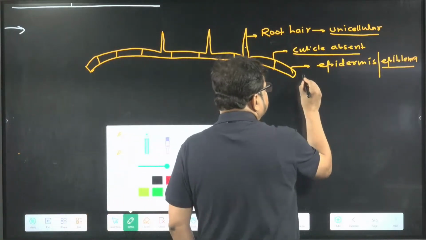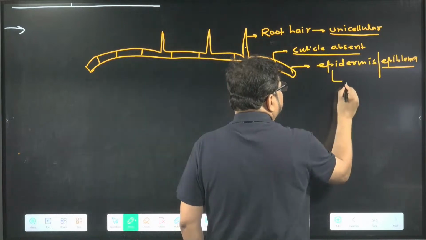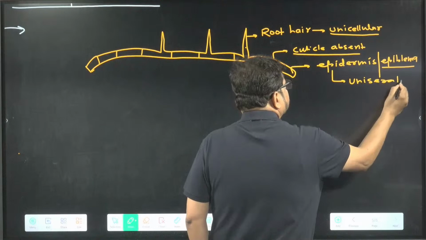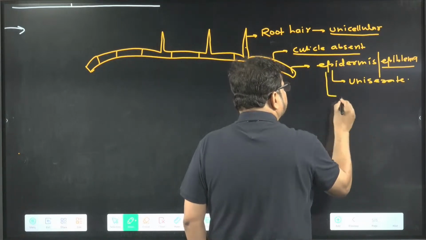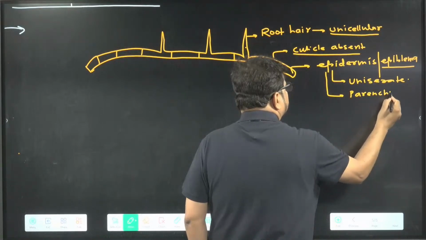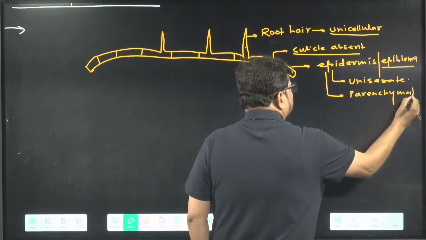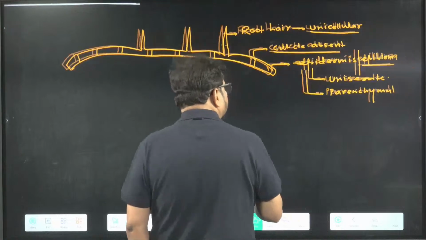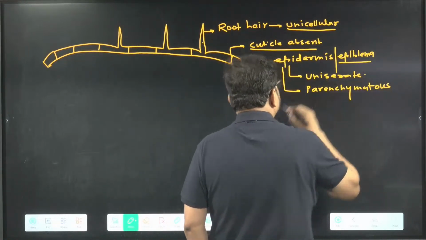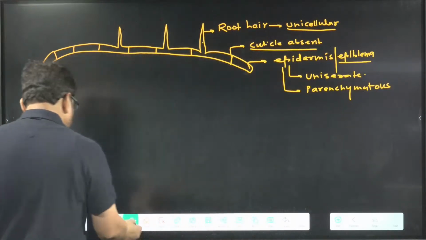This epidermis is made up of how many layers? Single layer, uniserate. Which kind of simple tissue is in the epidermis? Parenchymatous. Are you getting the idea or not? I told this in the epidermal tissue system as well. So it is parenchymatous. Now below the epidermis,